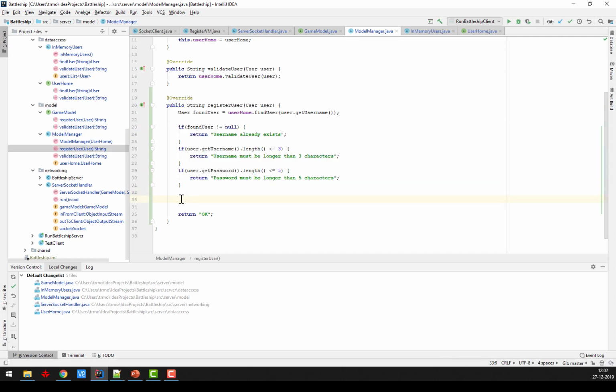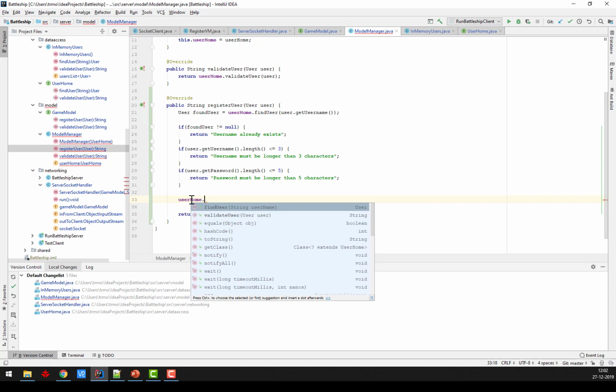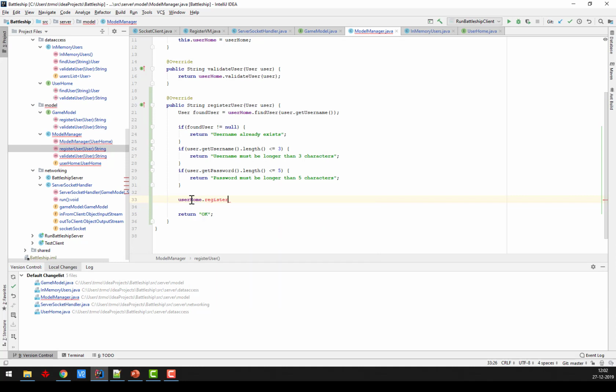So I have reached the conclusion that my username or my login, my user here is valid. So I want to put that into the UserHome. Register user with the user. There we go, and I create the method. And this one should actually return something,